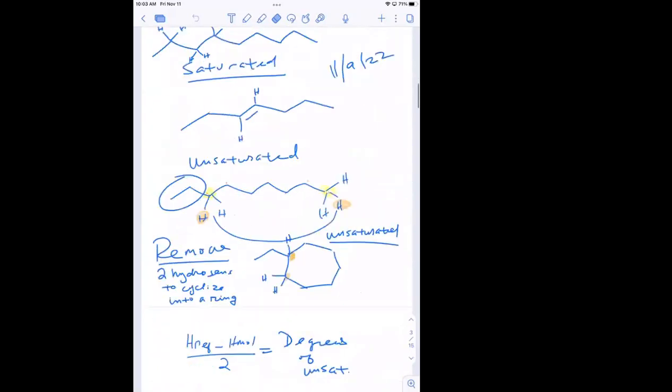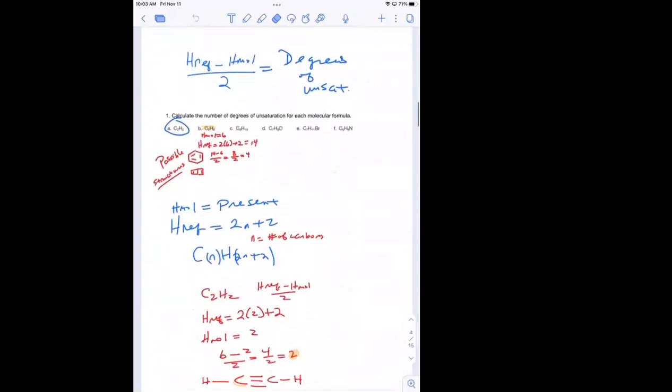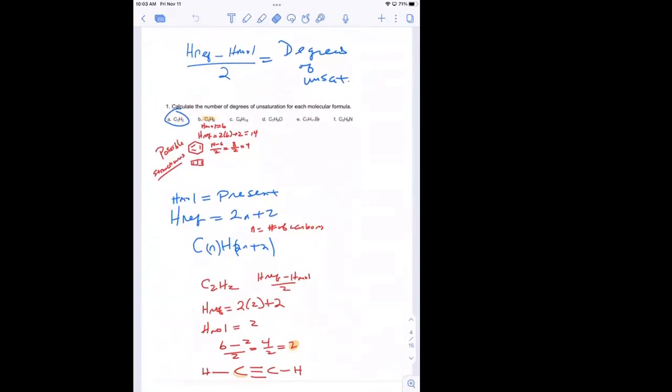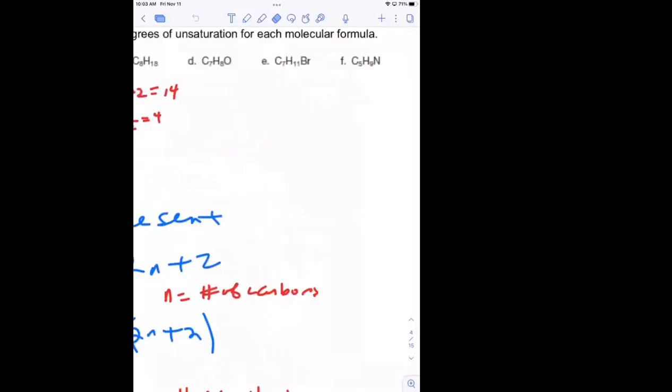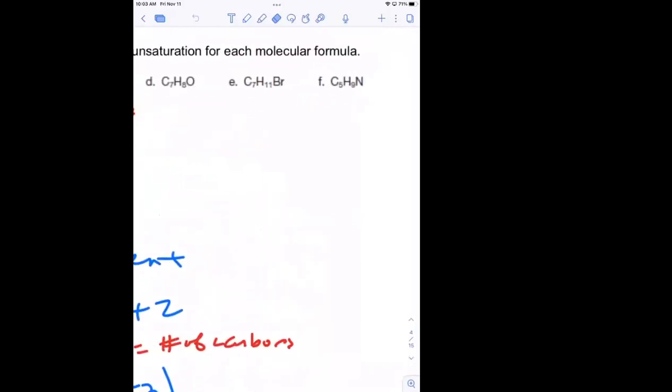So we left off talking about degrees of saturation. And I want to do a couple more of these because there's a couple of rules I want to discuss: when you have halogens present, when you have group 5 elements present like nitrogen. So let's knock those two out. And then we're going to move on and start talking about some of the reactions. Well, we're going to do a little bit of nomenclature first and then reactions. All right, so here,